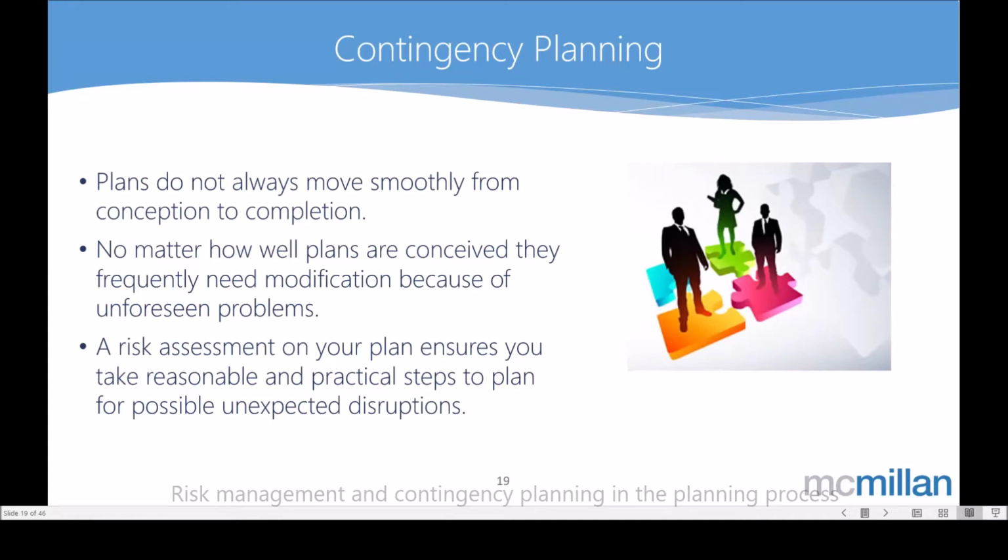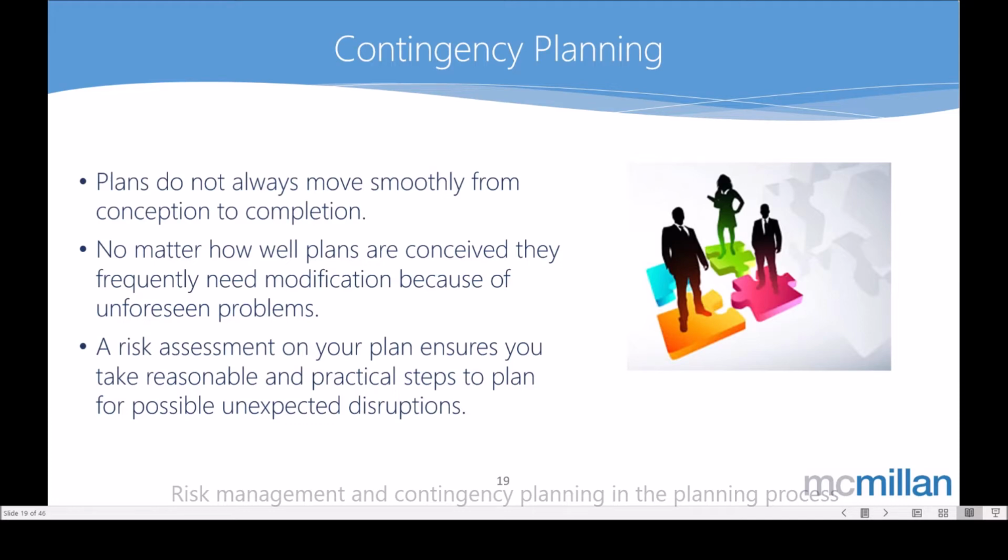Okay, so I've been talking about this idea of contingency planning and identifying risks. So let's just stop and talk a little bit about that. Whenever we do any sort of planning, we should also consider things that could possibly go wrong. What can go wrong with my plan that can stop me from achieving my end goal, or stop me from achieving my end goal in the way that I'm predicting it should occur? What are the consequences of those things occurring?